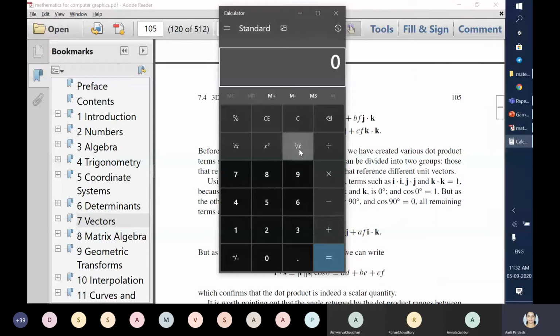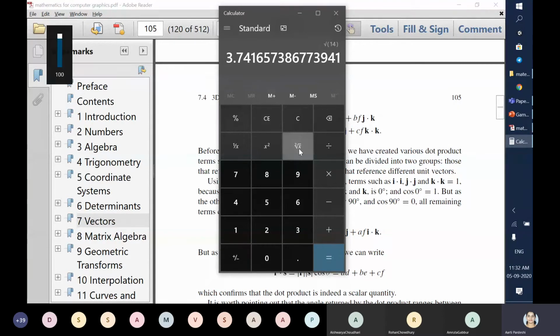So here, under root of 14. What is the value of under root of 14? It is 3.741. Okay, I am assuming some of you will write it down, because later on I am going to require it. I am not able to operate simultaneously in the PowerPoint presentation and work it out over here. So under root of 14 is nothing but 3.741. We will take this much value, 3.741.